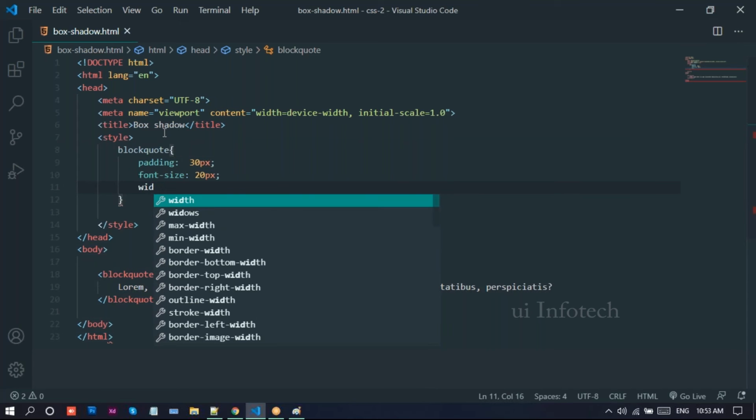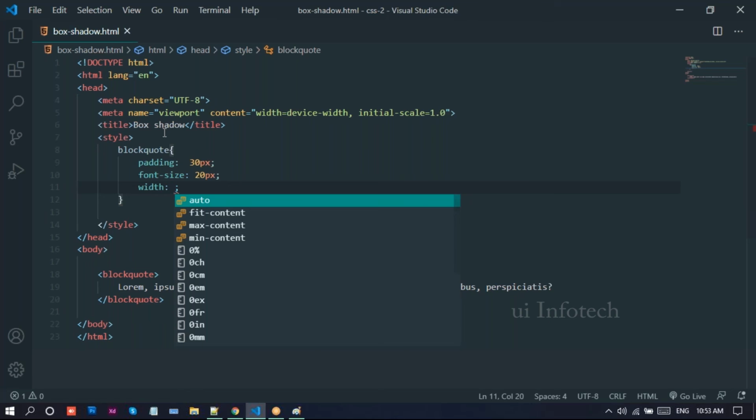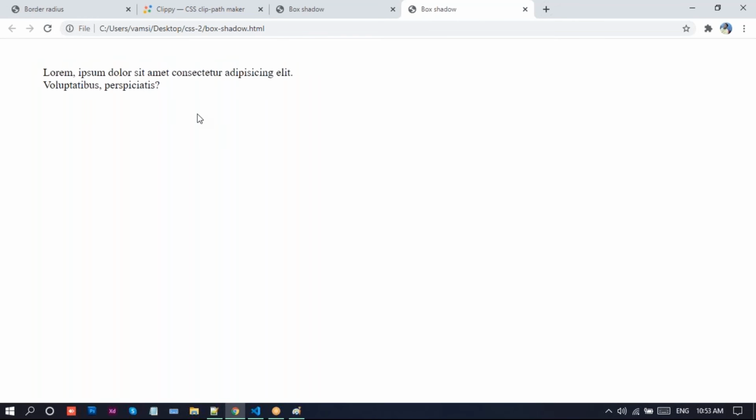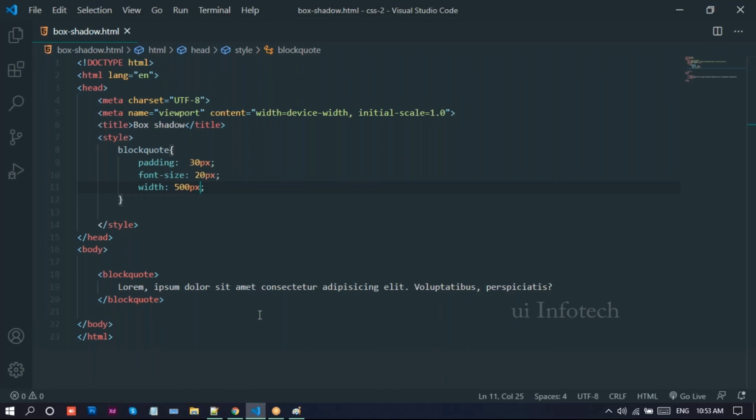So width, I'll provide 500 pixels. Let me go to the browser once, reload this page. Yeah, I'll place this one here. See, for this blockquote, I'll apply this box shadow. See what will happen if you apply this box shadow for this blockquote.